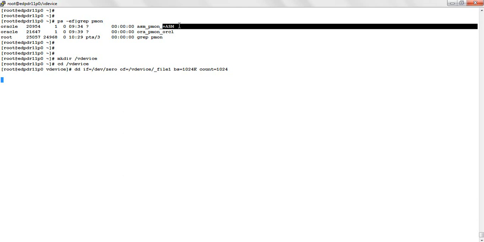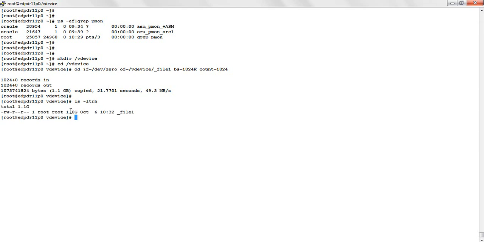We just need to wait for some time to get this file created. Now you could see I have a fixed size 1 GB file created with file1. Now the same thing I would do to create two more files.